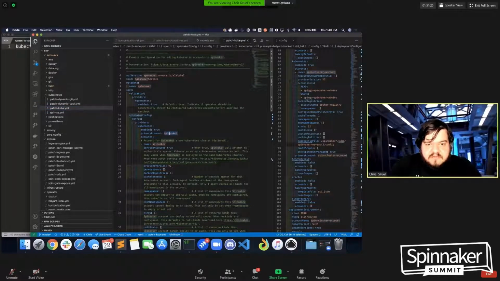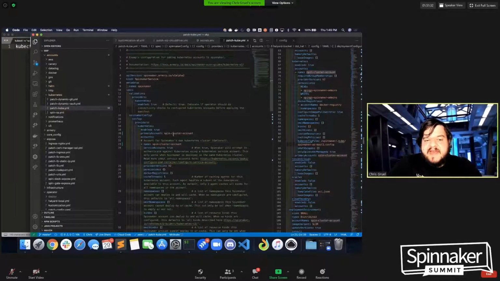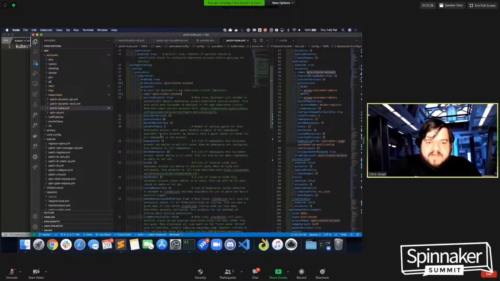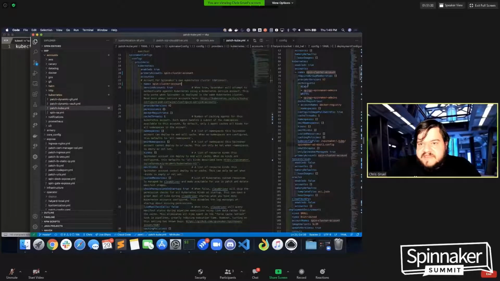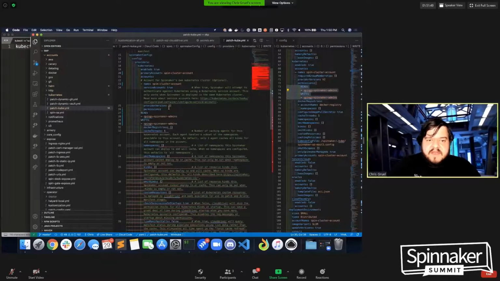Primary account, spin cluster account. Hey, there it is. Boom. Now it's matched. So if I already had a pipeline that had that configuration, it would exist. All good. And if I wanted to set up permissions in there, I could basically copy the permissions that I have right here. Why not? So let's come in here and I could do that, but I would have to have permissions actually set up in order to do that,